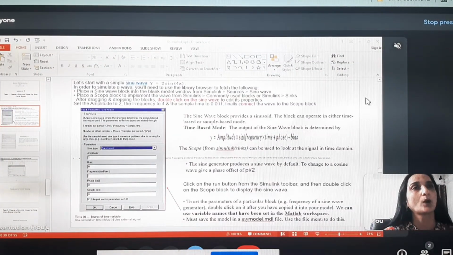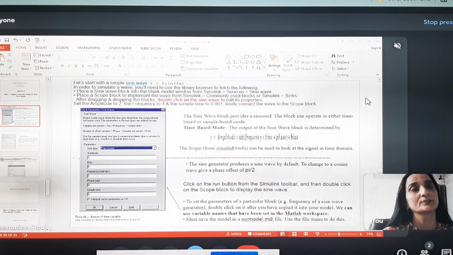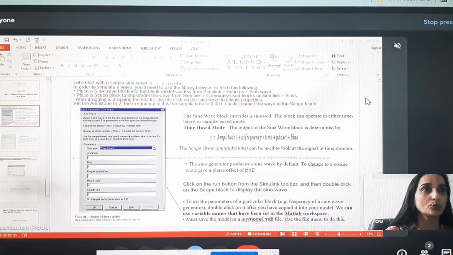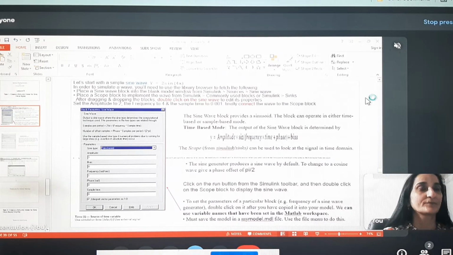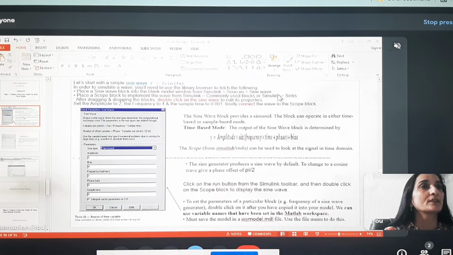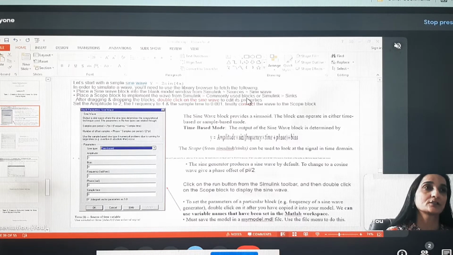So task 1 is we have to design a simple Simulink model for a sine wave which is described by an expression y is equal to 2 sine 4x. Now we need a sine block for this task. We can access the sine wave block from the sources library or commonly used blocks sub-library.